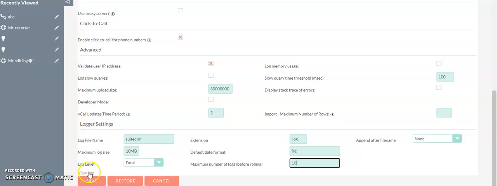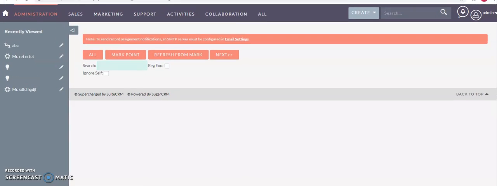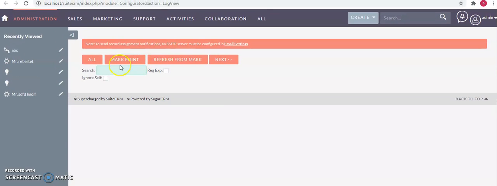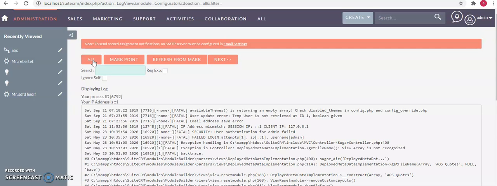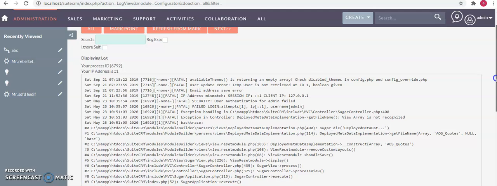And here you can click on View Logs. When you click on the log, a window like this appears, and you have to click on All. Now you can see all the fatal errors that you faced while installing and after installation.